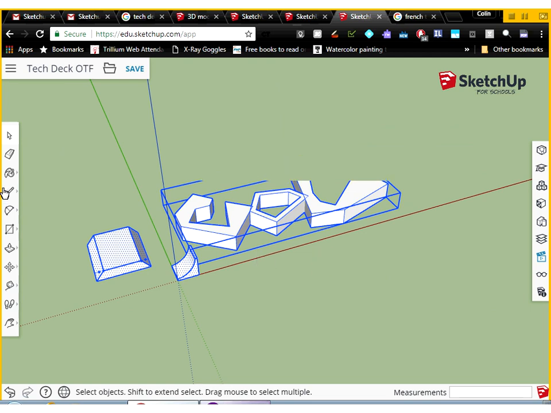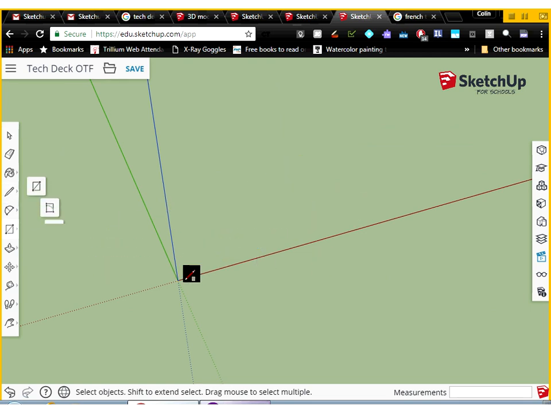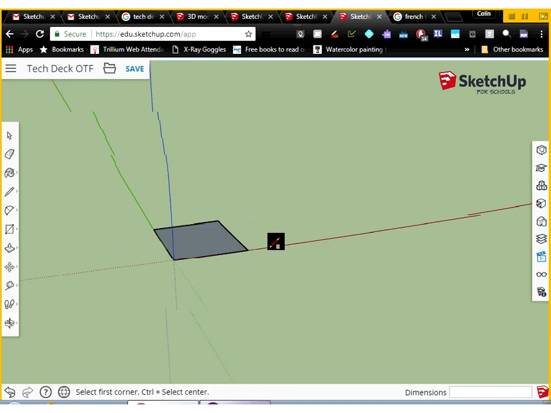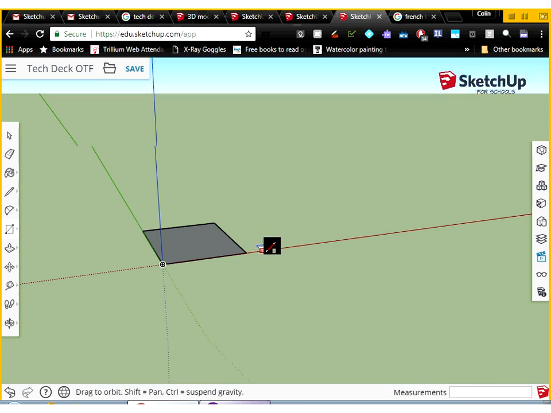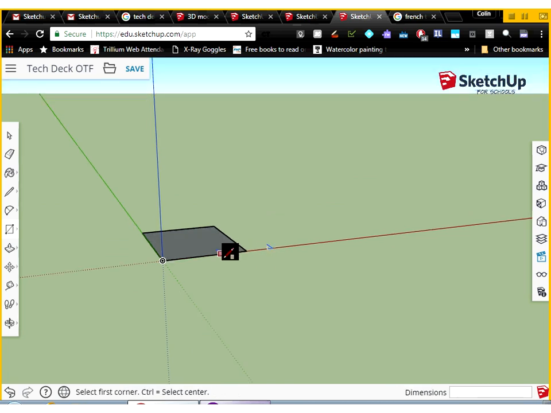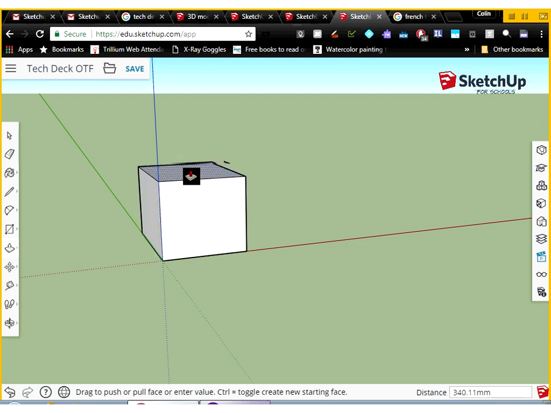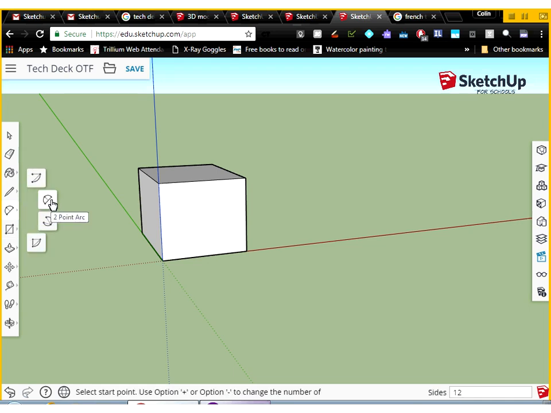So I'm going to highlight these, and I'm going to show you how quickly you can do kind of a ramp. So selected rectangle, I'm going to draw on a flat plane. I use that orbit tool to rotate that into position. I'm going to hit P for push-pull. I give myself a cube, and now all I need to do to create that shape is go to two-point arc,